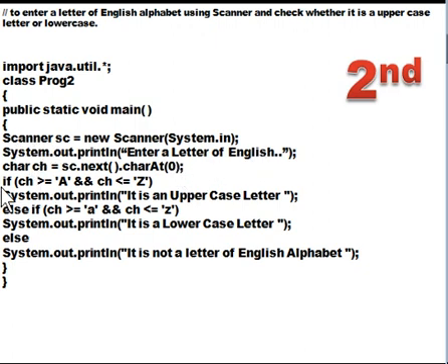Then, because a letter will be entered, you have to use the data type char. Remember, char is one of the primitive data types which is going to accept one character as the input. So I have taken a variable ch of character type, and how to take the input this time? I have used sc.next. Now next is a function of the scanner class. It is a method of the scanner class, but at the same time I am writing dot charAt 0.